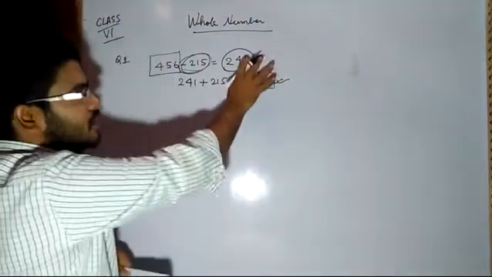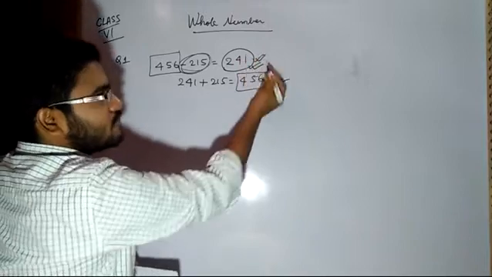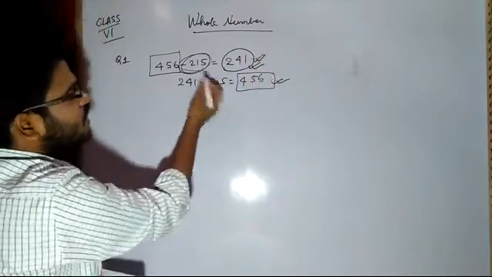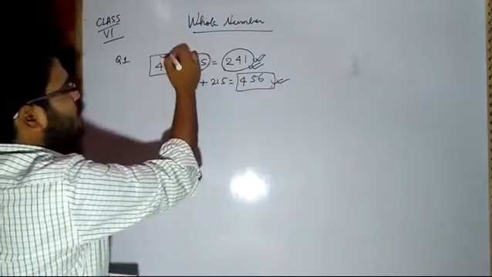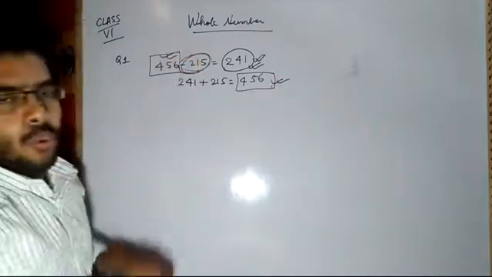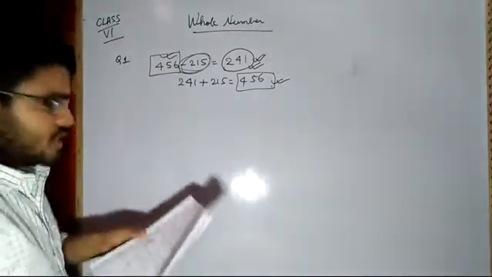So this is what we have to do. First we have to subtract the numbers, and then whatever result we get, we write that with the plus sign of the negative number, and then see whether this answer is coming equal to this. If these two are equal, then obviously your solution is correct.